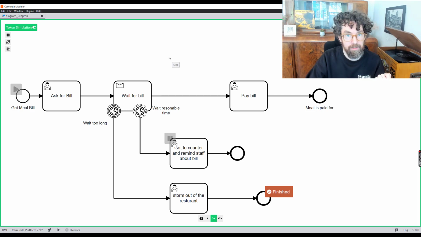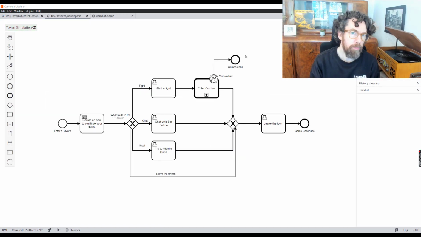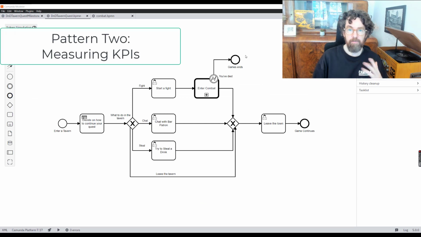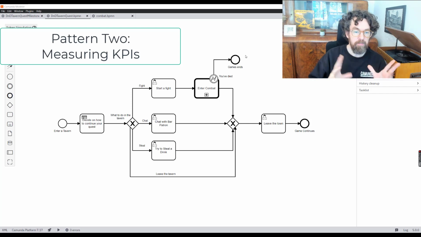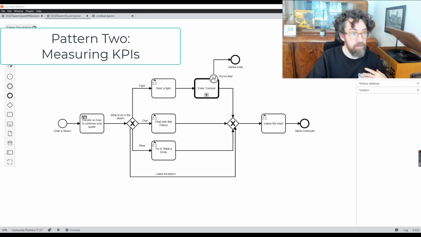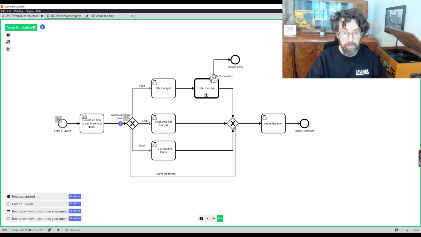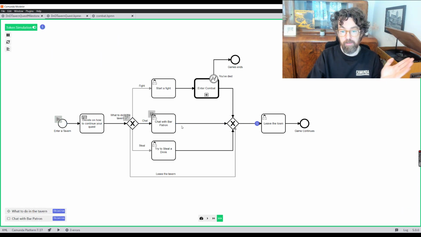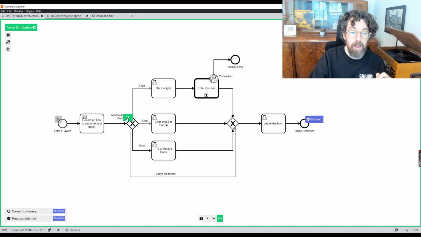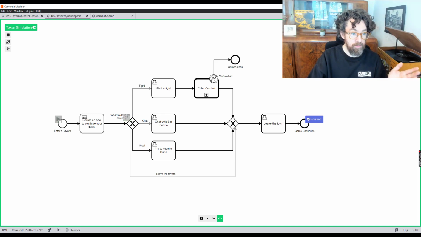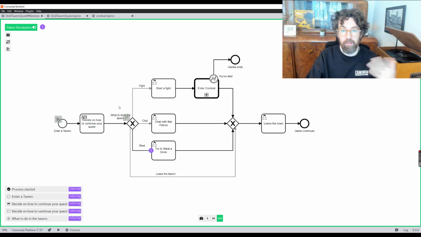So what's next? Another process very near and dear to my heart involves games, specifically tabletop role-playing games, in which I will be a storyteller who would like to offer my party some kind of fun adventure that I have mild control over. For instance, in this case, they might decide what to do when they enter a tavern. Maybe they want to just chat with some bar patrons, great stuff, then they leave town, that's the end of that. They also might want to steal some things, fine, go to town, and they can steal some things, then leave town.